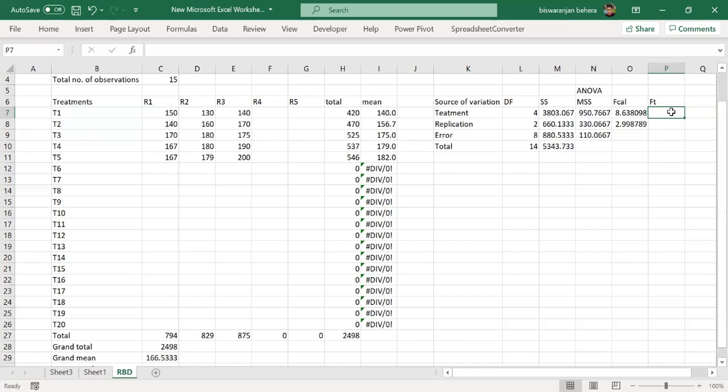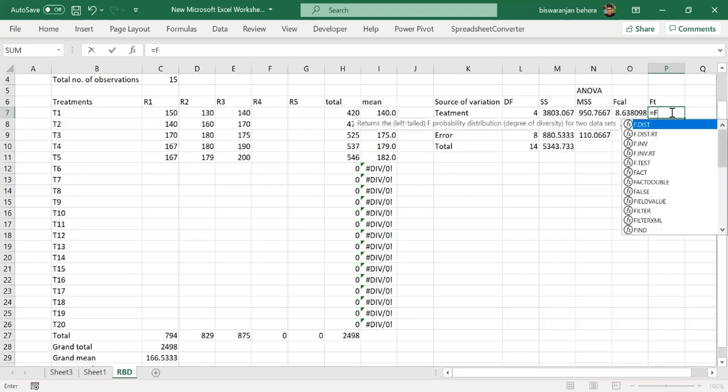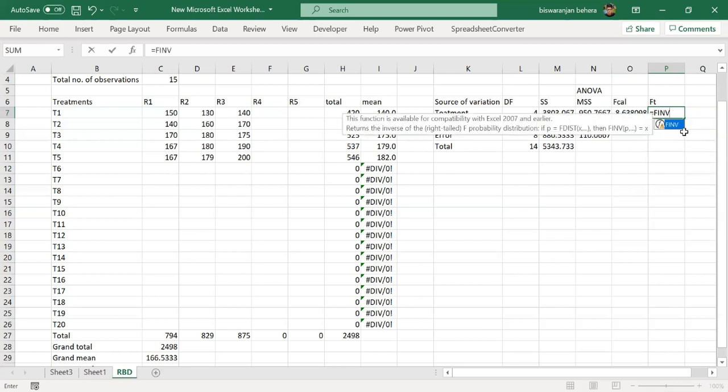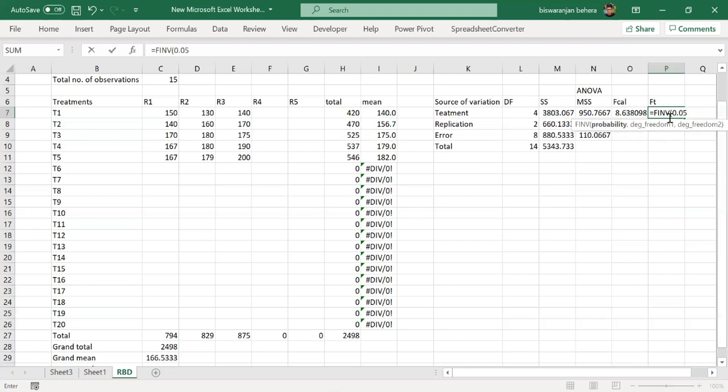After that we have to calculate the F tabulated value. So for the table F value, give the equal to sign and type FINV, select that and set the probability as 0.05 for 5% level of significance. Then give the comma and select the treatment degree of freedom, because F calculated for treatment is estimated for treatment degree of freedom and error degree of freedom.